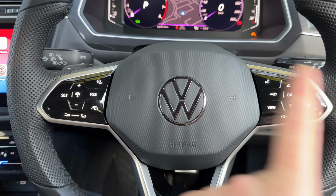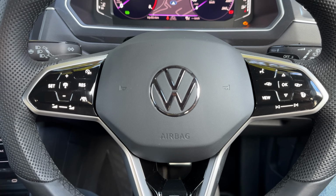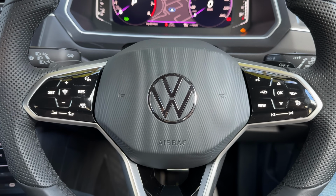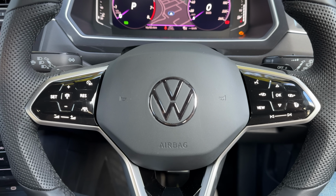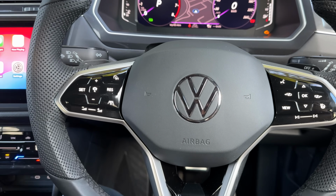I don't love this haptic button design on Volkswagens, and hey, Volkswagen doesn't even like it. They've replaced it on a bunch of other cars as well. So yes, the next generation version of this car, which will be called Tayron, not Tiguan Allspace, it'll probably have buttons. I hope it does. All right,